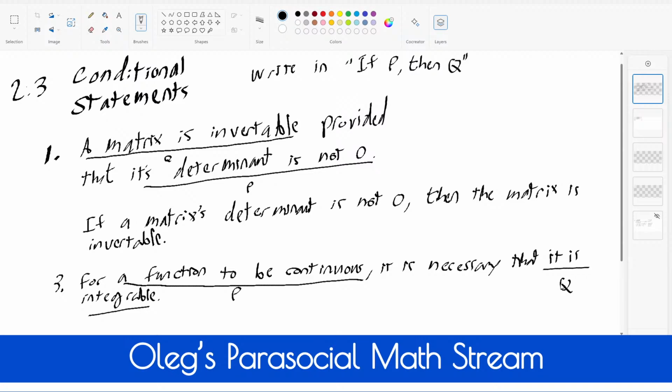That's wrong. If a function is integratable, then it's not necessarily continuous, though, because you could have a range of where you can or can't integrate it. I would say it's like this. Yeah. If a function is continuous,